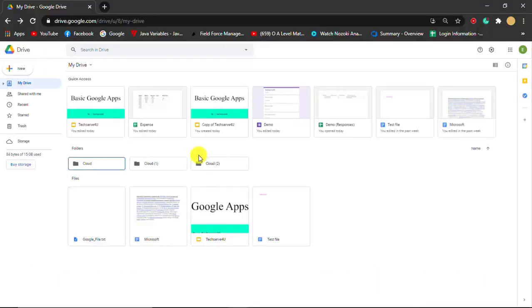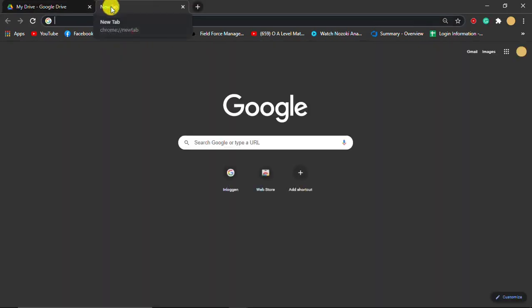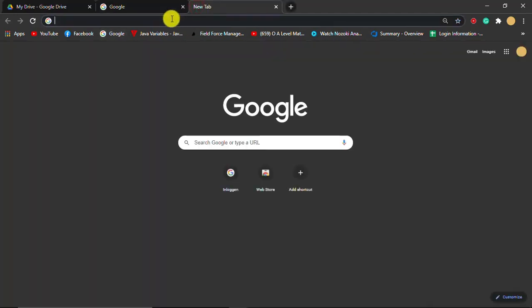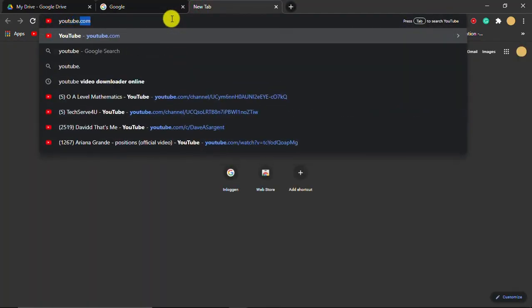So now I am in my Google Drive. If I want to add a new tab, all I have to do is simply click on this plus icon, that is the new tab icon. Now over here I can click on Google. I have bookmarked this, so I can use Google. Now I can add another new tab, and if I type youtube.com and hit enter,